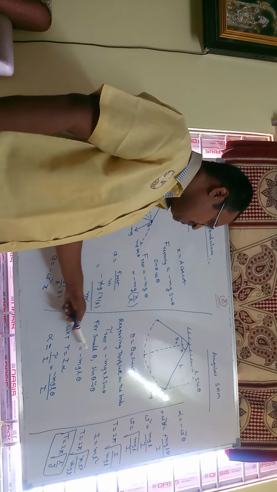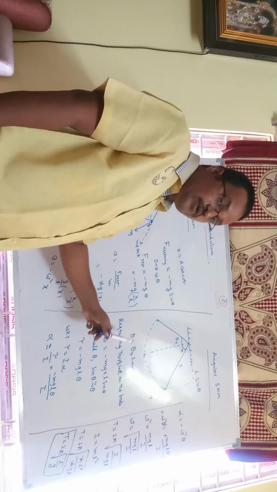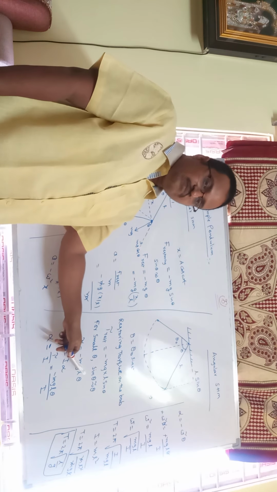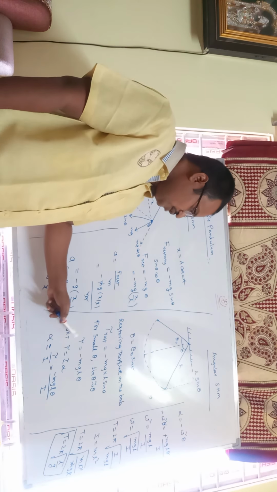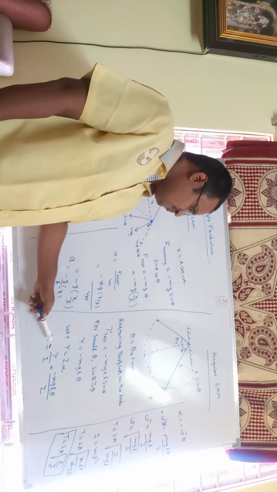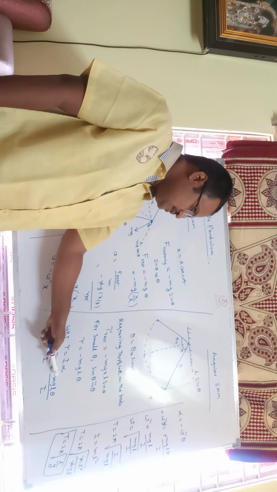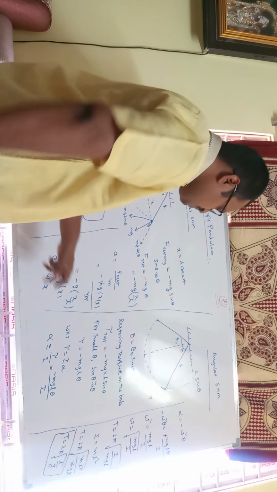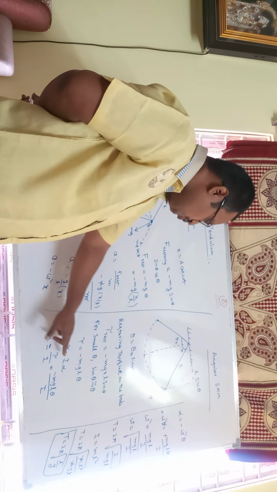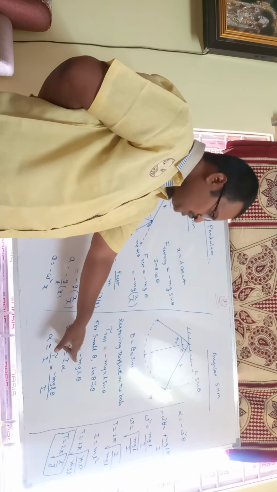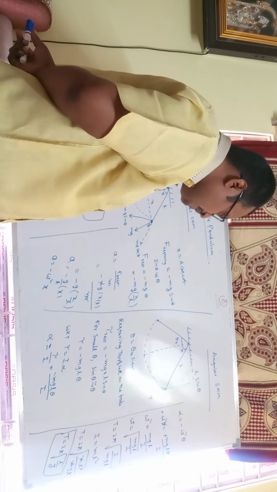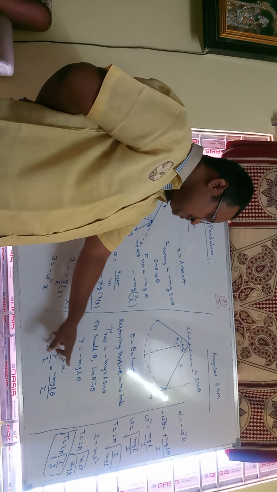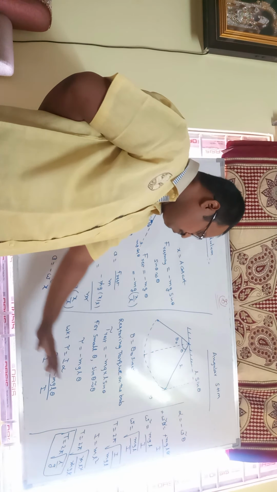For small angles of theta, I already gave the reason in the previous case. So tau equal to minus mgL into theta. We know that tau equal to I alpha, alpha equal to tau by I, that is minus mgL into theta by I. The tau value we already found, so instead of tau we can substitute minus mgL into theta by I.